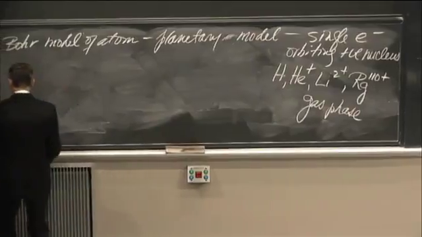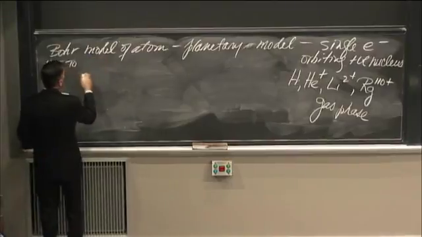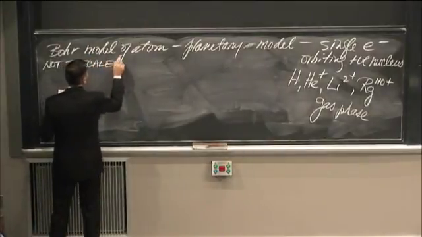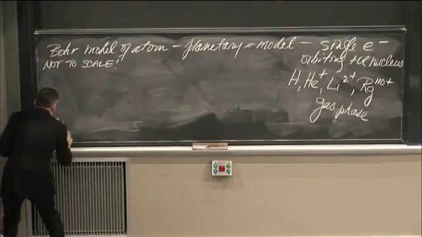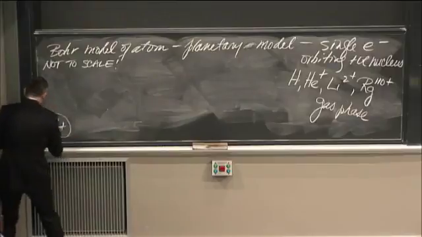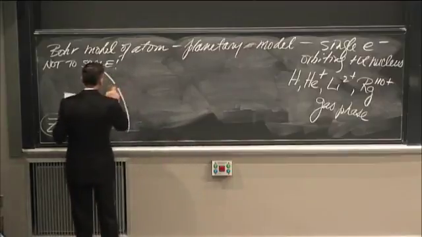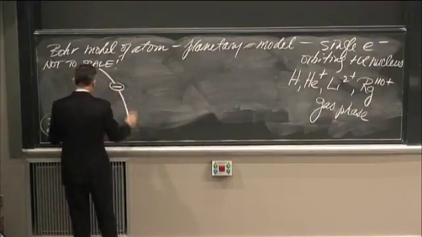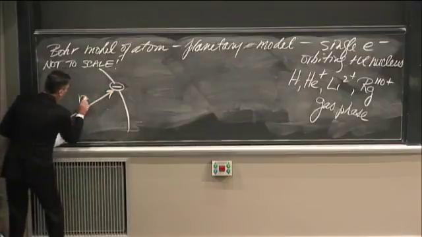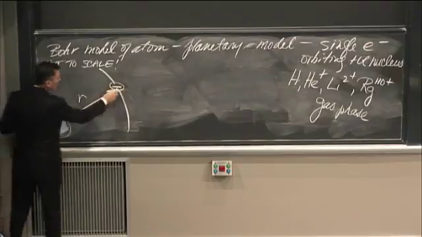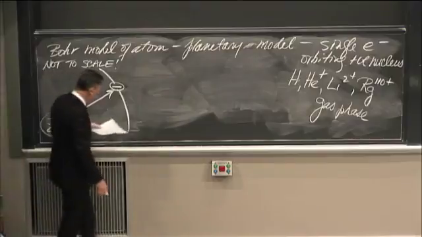All right? And here's what it looks like. I'm going to put the nucleus, first of all, not to scale, because I'm not going to draw 10,000 to 1. Not to scale. Okay? So over here is the nucleus with Z positive charge. And then out here is the electron in orbit. Here's the lone electron in orbit. And this distance is r, the distance from the nucleus. You're going to say, well, is that from the outside or the inside? It's 10,001. It doesn't matter. All right. Forget about it.